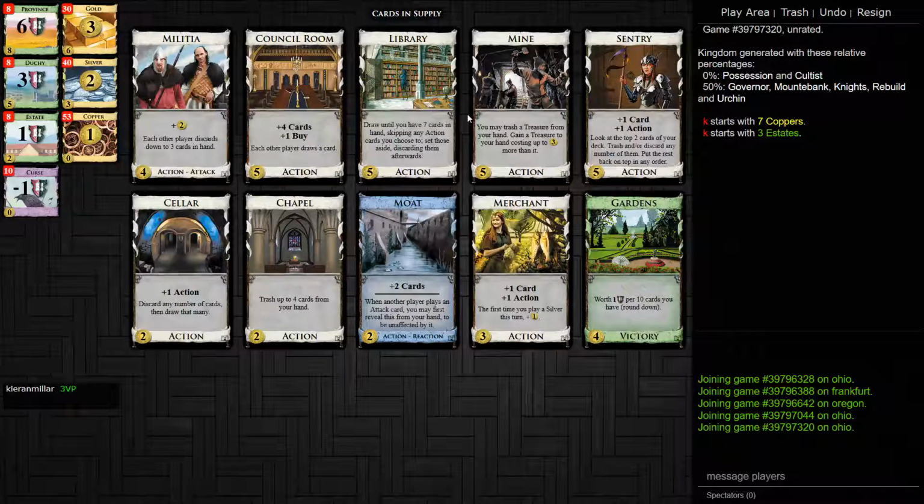But because the trashing's real good, maybe the library is really good as well. Maybe... how good can it possibly be? But once we start greening, the library really starts to stink. But at the same time, you are discarding provinces from your hand if your opponent's playing Militia, and then you're drawing up quite a lot with library. Maybe the Militia is quite bad here. Maybe we want to...